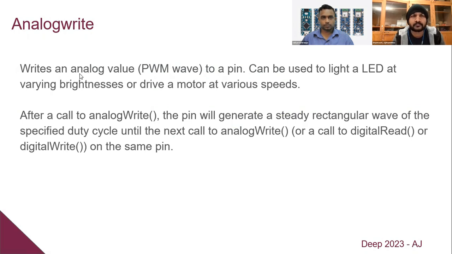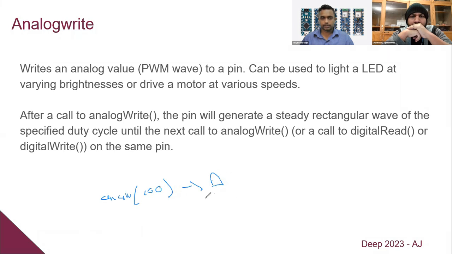So, for example, you can use a built-in LED of the Arduino Uno to see how the PWM function works. You can vary the brightness of that LED connected to pin 13. So if you write analogWrite 100, the LED will light up like